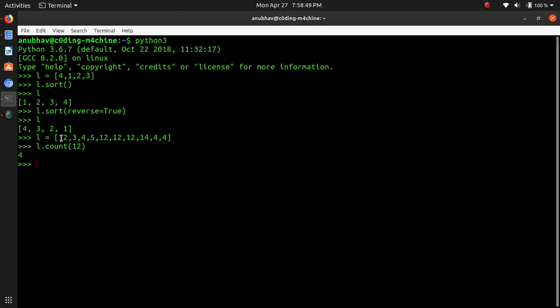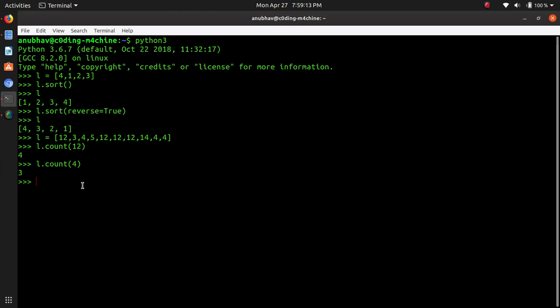There are 4 elements, 12 12 12 12. So it returned the number of occurrences of that element, and if I type in 4, it will return me the number of 4s in the list. There are 3 4s as you can see in the list. I hope you got the meaning of what count does in the list.